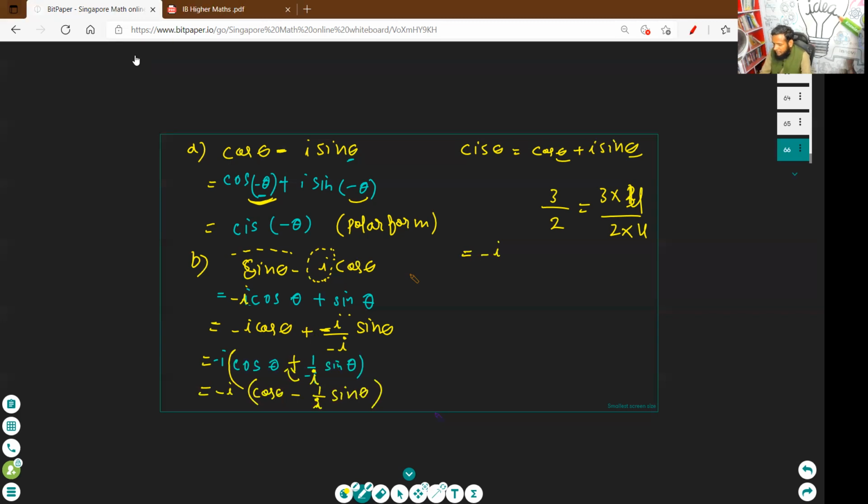What is rationalization? In rationalization, for example, if this is an integer and this is a complex number, then we multiply and divide by its conjugate. But if there is a pure imaginary number, in iota form, we multiply and divide with iota. Here you can multiply with the same or its conjugate. You have two options. So I multiply it by i over i. Yes, good.